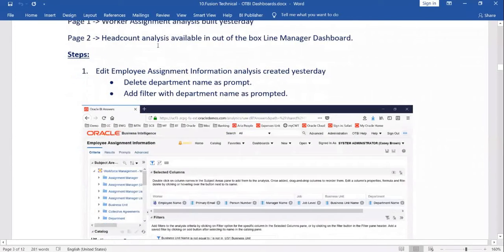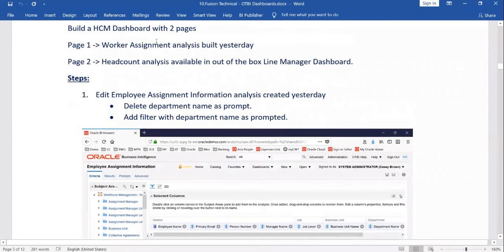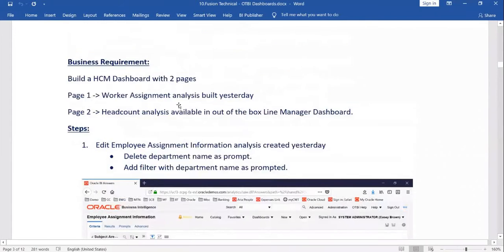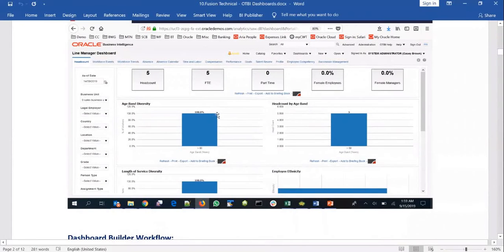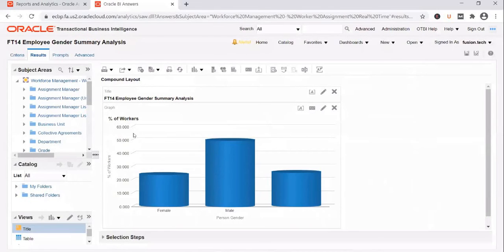And there is a prerequisite for page 1. Whatever reports you're going to plug into a dashboard cannot have column level prompts or prompts at the report level. If you look at the reports that we have built, for this report we didn't add any prompt.